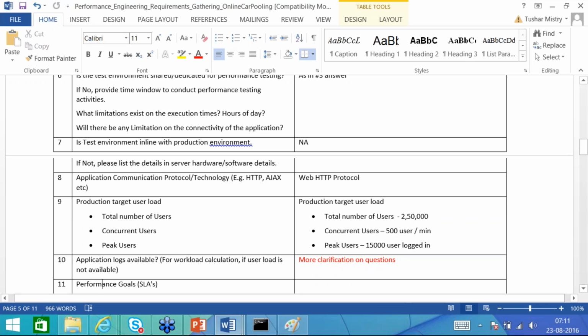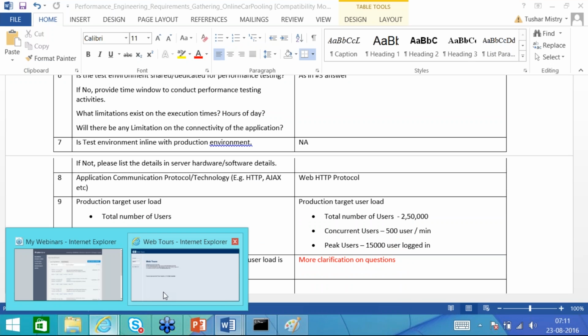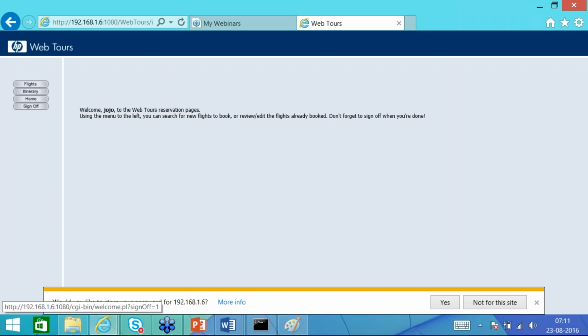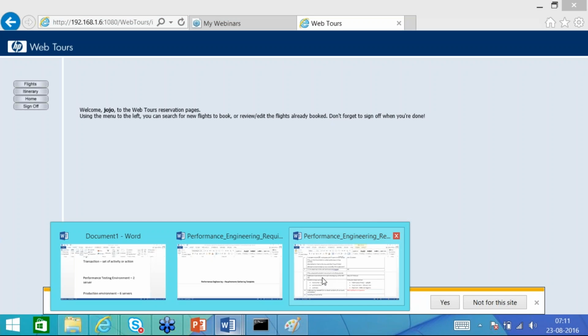Or in terms of a web application, flight booking, say during Christmas, we want to go on vacation. Before that we would be seeing a lot of rush. In that particular time, you can say it's a peak load.